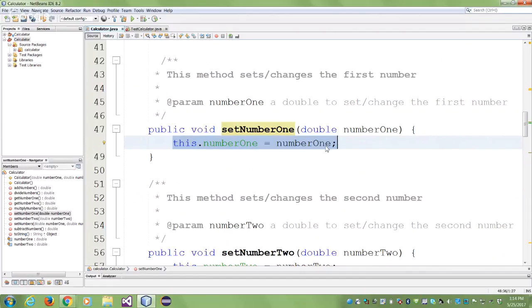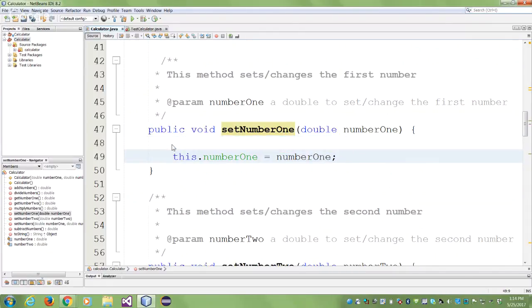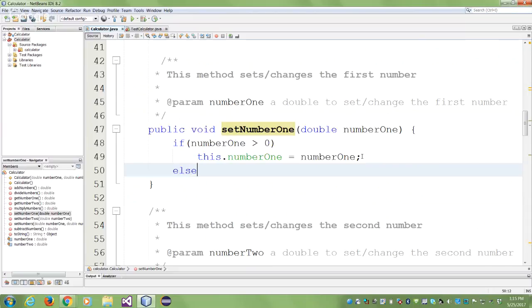It's not a private method, it's a public method, right? Now, if you wanted to do some validation here, just for the heck of it, I'm just doing it because I want to show you. You would just add a normal if statement. So you're saying if my number 1 is greater than 0, I'm just restricting it. Then set it. You may have an else. You may say else my number 1 is always set to